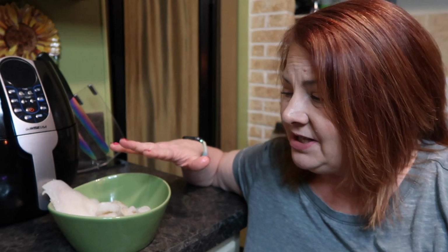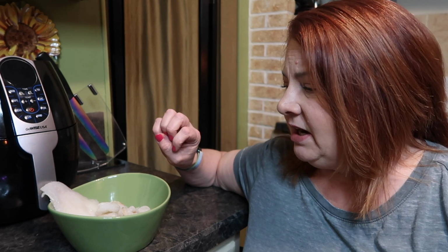All I'm going to do with these is put them all in the air fryer at once, put a little bit of olive oil on them, and put some seasonings on them. It's going to be whatever seasoning you prefer. Sometimes I like to use fresh garlic and lemon. I don't have any of that available right now, but I have an Asian flair seasoning with a little hint of lemon to it that I'm going to sprinkle on it, along with that